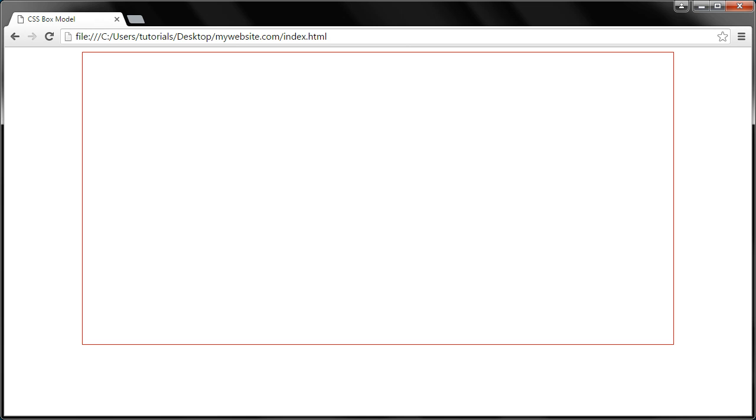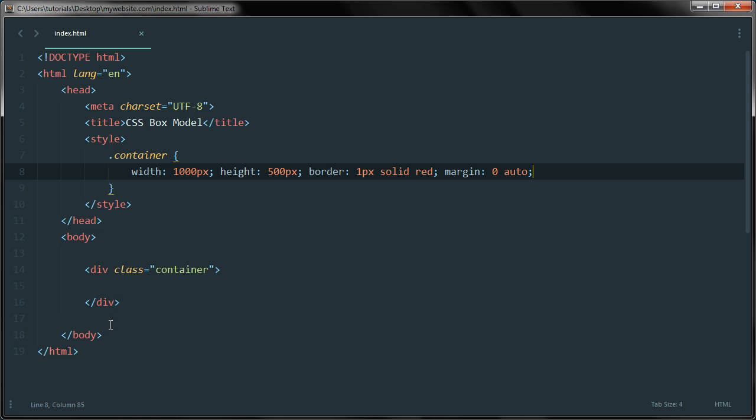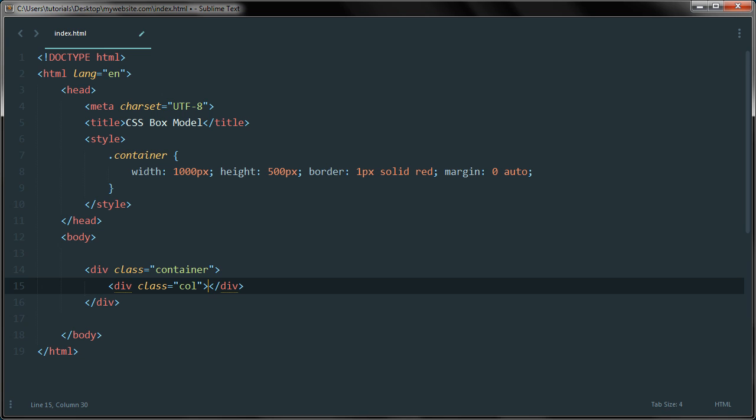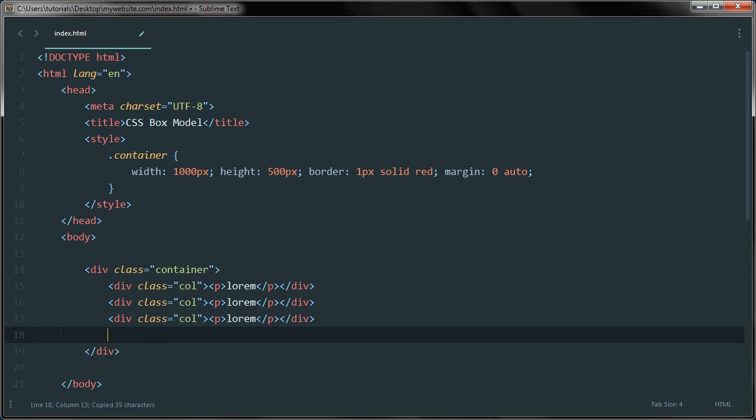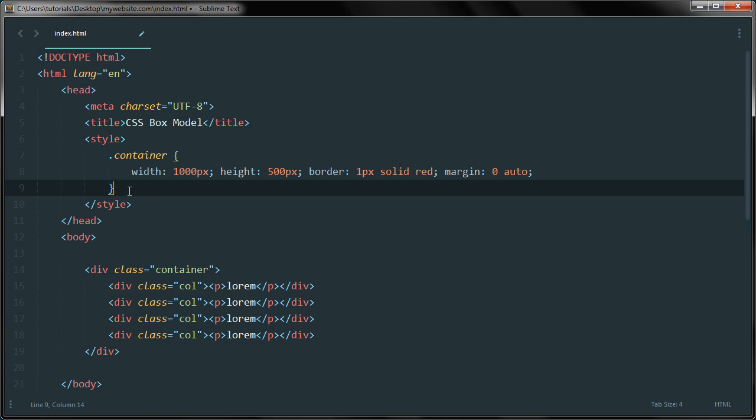Now inside of this I want a 4-column layout. So the way we do that is inside of this container we have a column class. No, in fact I will add some content. I'll just do a paragraph and I'll add some lorem in there. So I've just put it on one line so it's easier for you to see. So if we duplicate this down, so now we've got our 4 columns, and we need to target that with